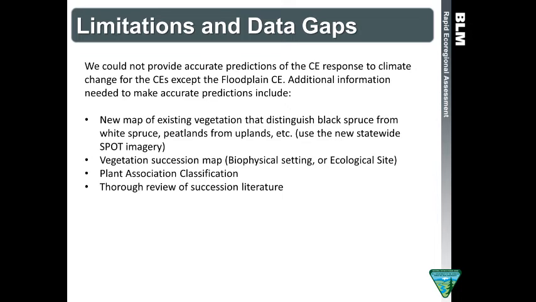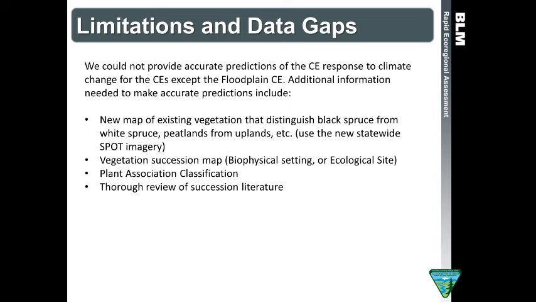When you develop these maps, you can't see it on the Landsat imagery that we're using at this time. But there is new imagery out there, and if you develop a new map, you should be able to split out any of these land cover classes that you need in order to make better predictions. And so right now, spatially, we can't even do the predictions.